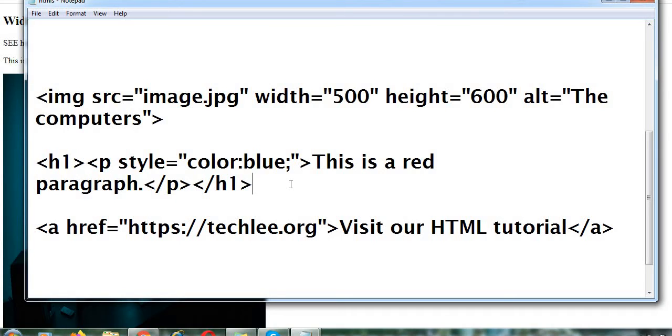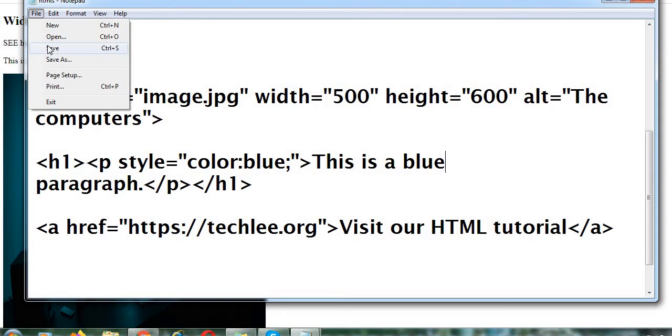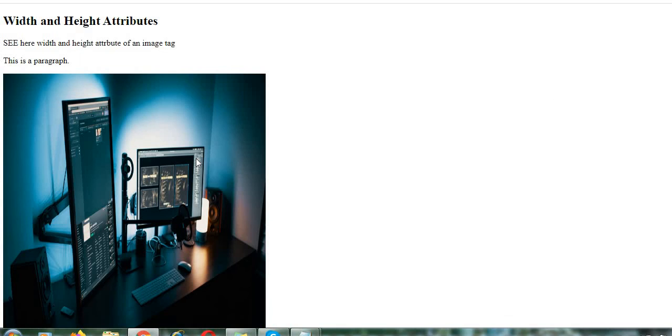Now what you need to do, you just need to use this code. And you can see I just define that the color is blue. So we will just go ahead and see. I just change it. This is a blue paragraph. Now I'm just saving this file. Every time you are including a bunch of code, you need to save it and you need to refresh the page to see the changes. So now I just refresh the page. Here you can see this is a blue paragraph.